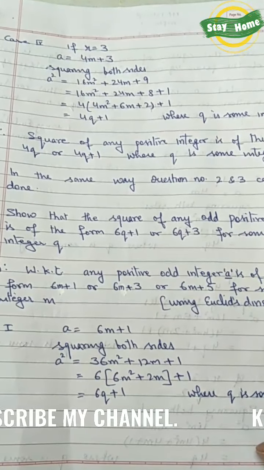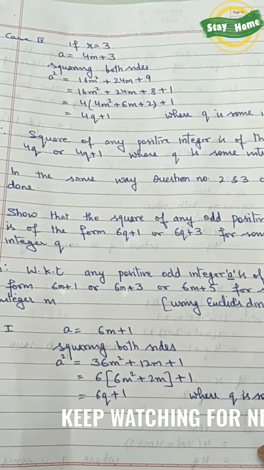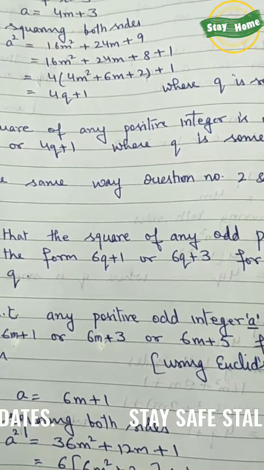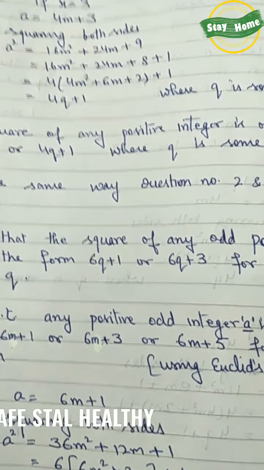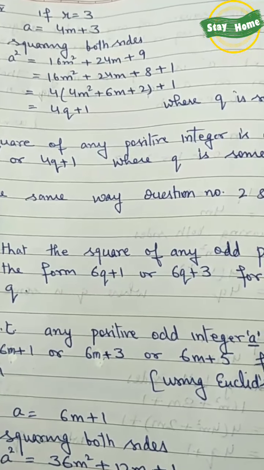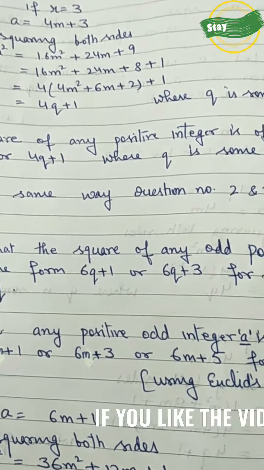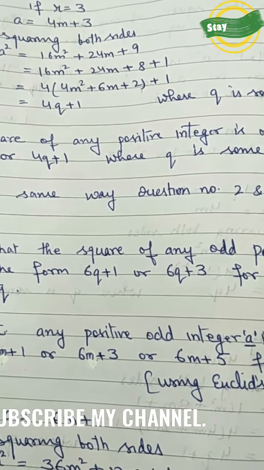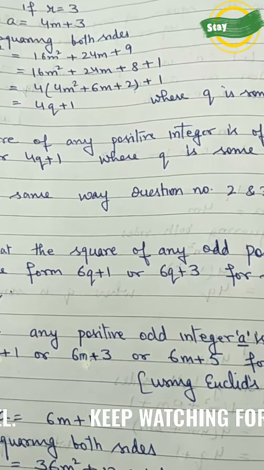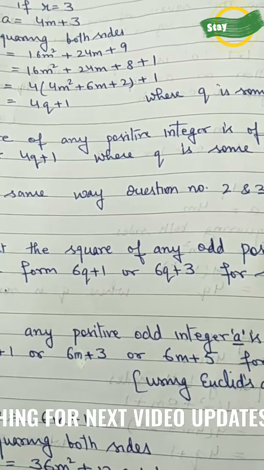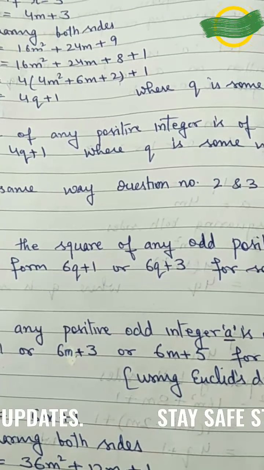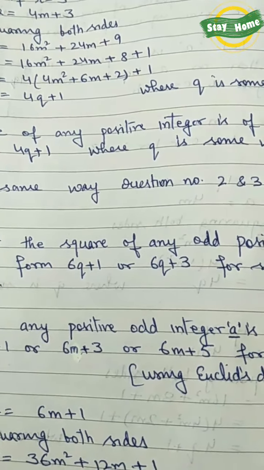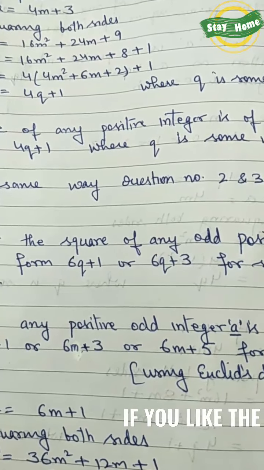If r is equal to 3, a equal to 4m plus 3. So squaring both sides, we will get the square number, that is 16m square plus 24m plus 9. So we will divide it by 4. But before that, if you see, the constant term is 9, and 9 cannot be the remainder, right? In case the divisor is 4, 9 cannot be the remainder. So we have to take as many 4s as are possible from 9. There are two 4s possible, meaning 8 is possible. So we'll write 9 as 8 plus 1, and then we will take 4 common from the first 3 terms. So we'll get 4 into (4m square plus 6m plus 2) plus 1.